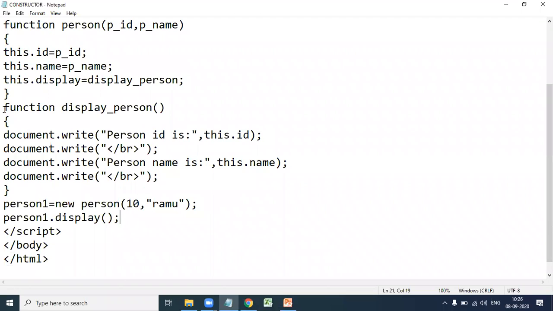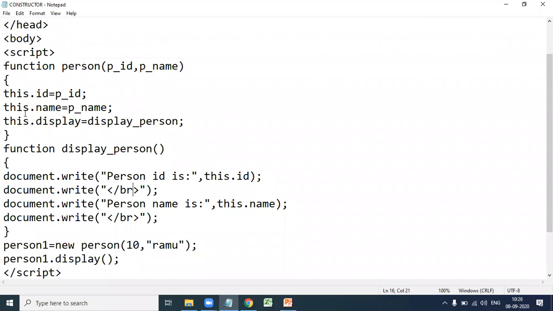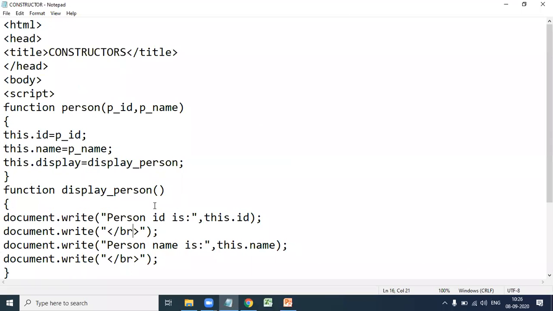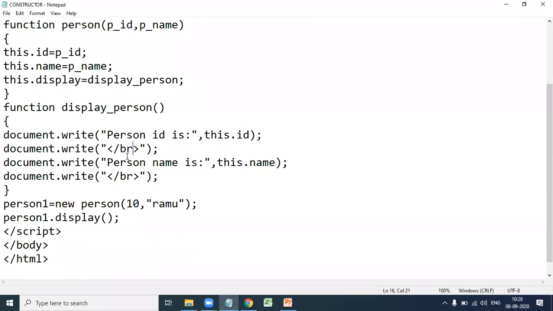Next we define the function display_person. In this function definition we write the output statements, that is, person id is this.id. Here this.id is p_id, that is, we pass the value 10 to p_id, so this.id equal to 10.